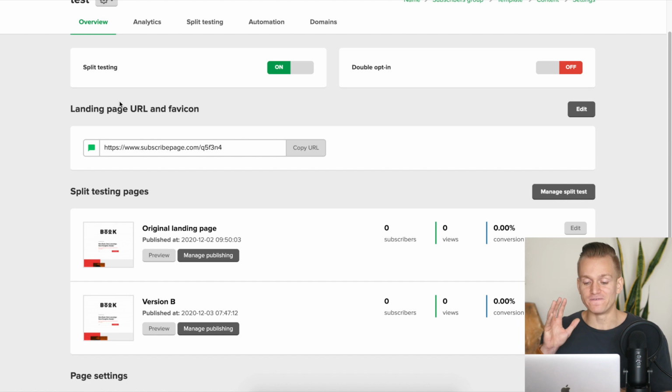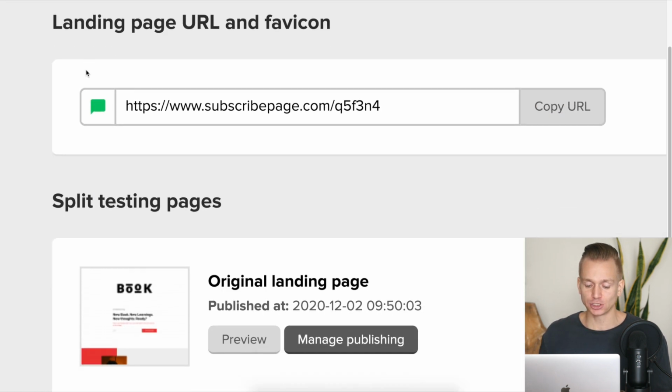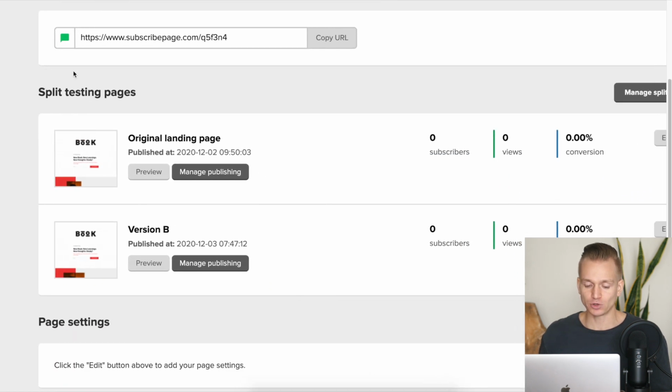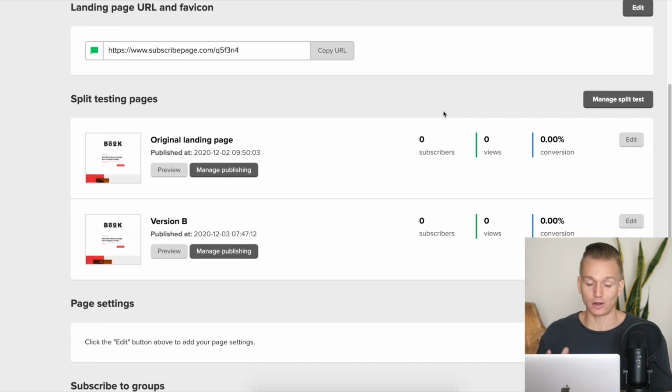What is very, very important and is a huge difference is that with MailerLite, you actually have split testing. You can create a couple different landing pages, as you can see right here, and just change a few little things, whether you want to change the offer or the color or the text, whatever it really is. And you can see what your conversion rates are and test out which one is performing better. You can't do that with ActiveCampaign, and that is a huge thing.